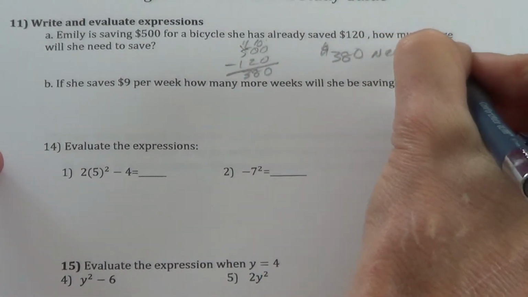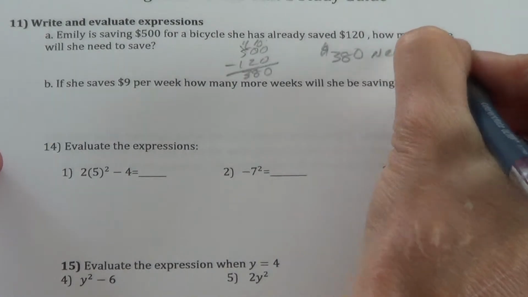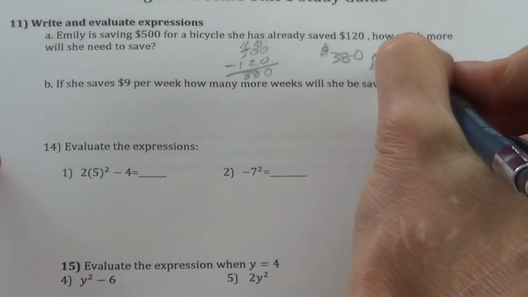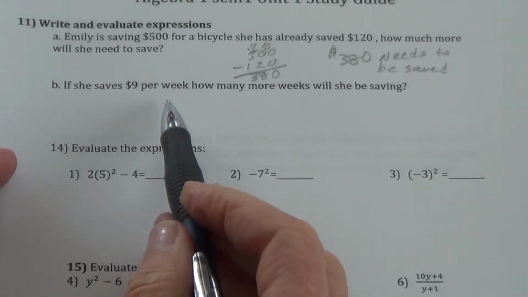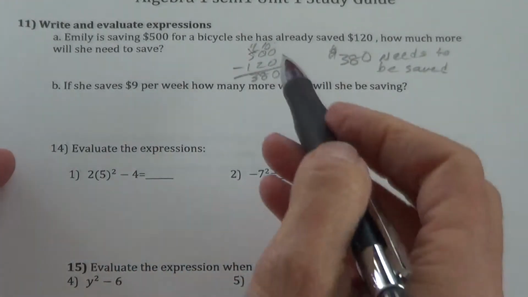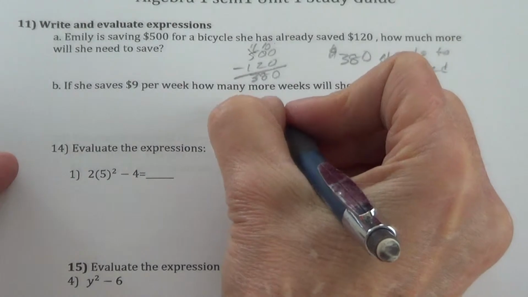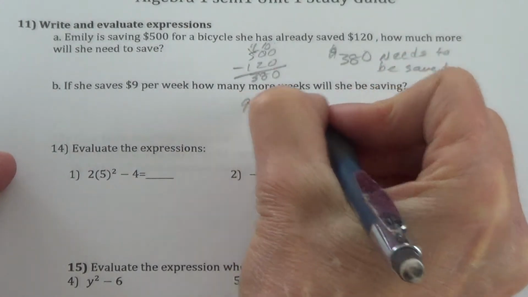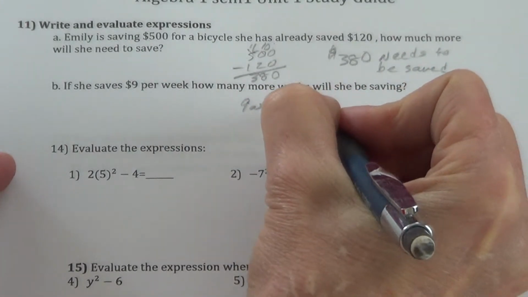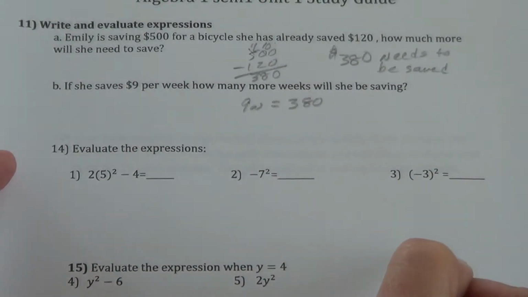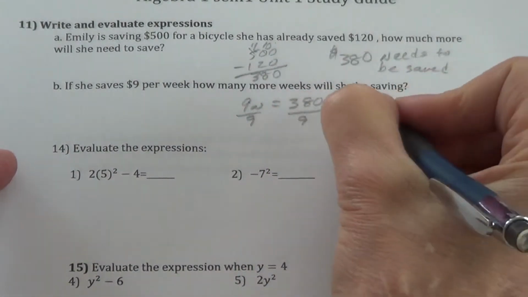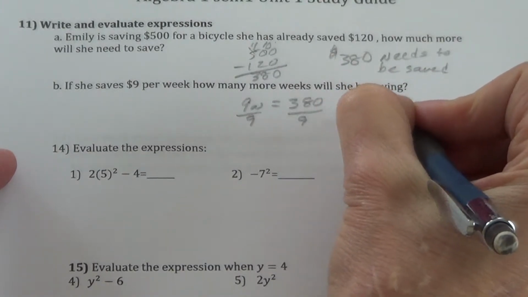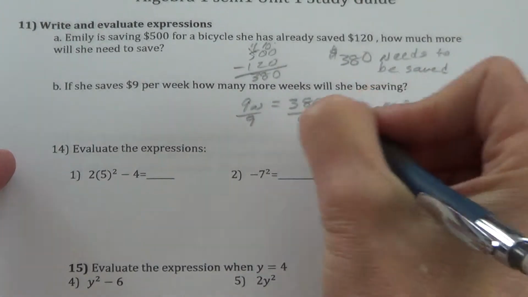And I'd like you to put that in a sentence. Now it says, she saves $9 per week. How long is it going to take her? Well, that means 9 times your week needs to equal $380. Okay, we divide by 9 on each side. Your number of weeks will equal